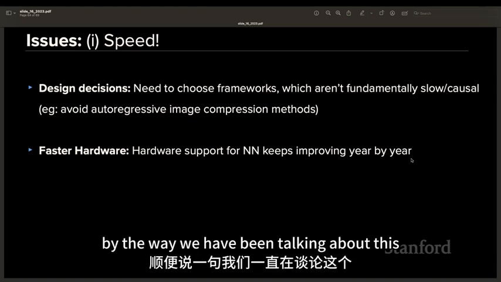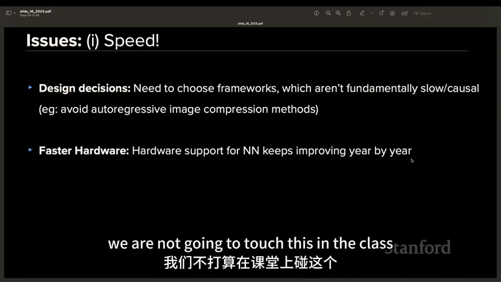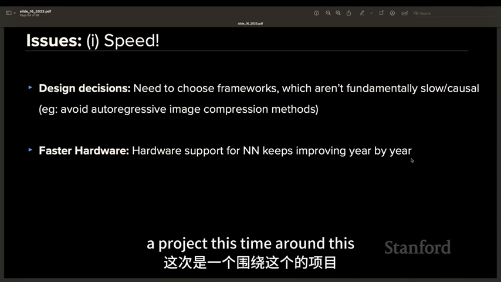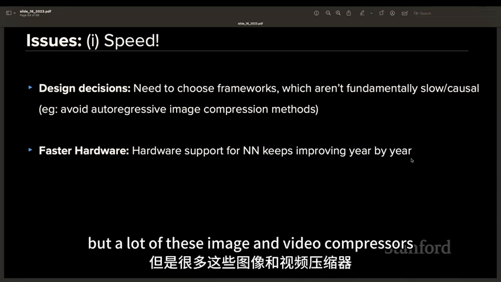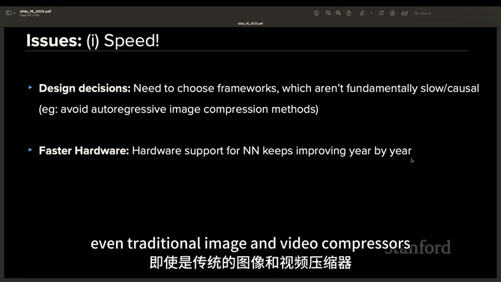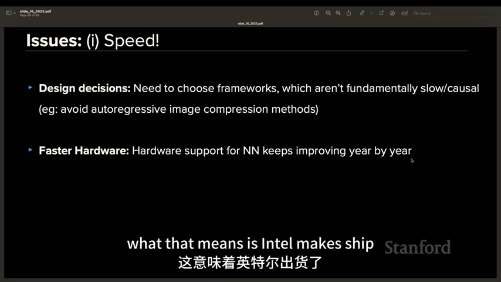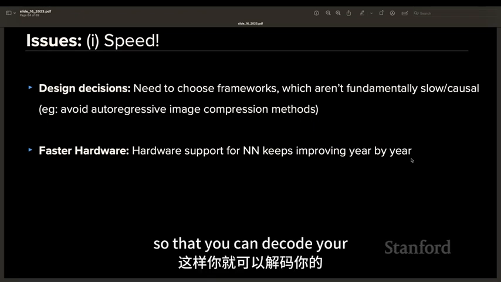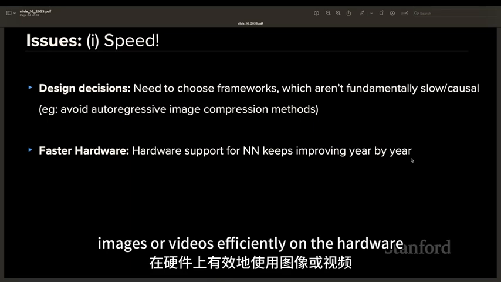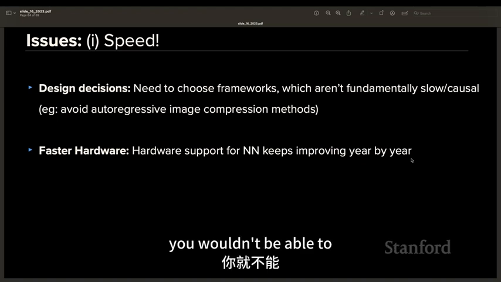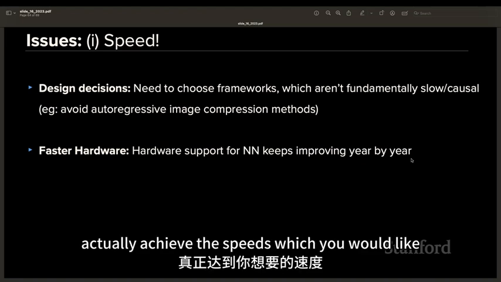By the way, we have been talking about this. We are not going to touch this in the class. I don't think any team has picked up a project around this this time, but a lot of these image and video compressors, which we talked about, even traditional image and video compressors, actually have hardware support in your computers. What that means is Intel makes chips so that you can decode your images or videos efficiently on the hardware. If you were just using commodity hardware, you wouldn't be able to actually achieve the speeds which you would